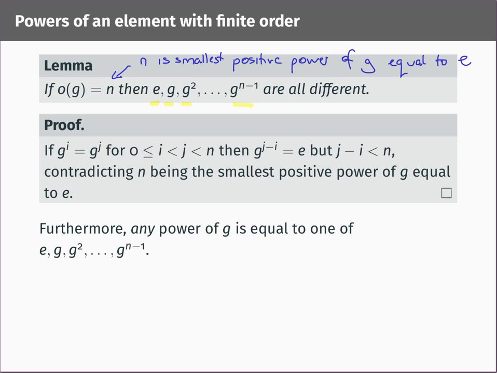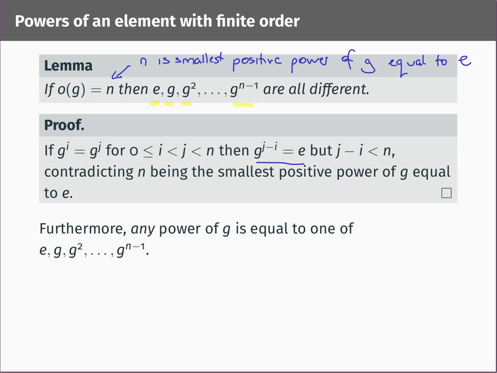And to show this, we can do actually the same calculation that we did on the last slide, which is, let's suppose they're not distinct. So we'll suppose that g to the i is equal to g to the j for two different numbers i and j between 0 and n. So greater than or equal to 0 and less than n. And since one of the i and j must be bigger and the other must be smaller, let's say i was less than j. Well, in that case, by the exact same calculation that we did before,